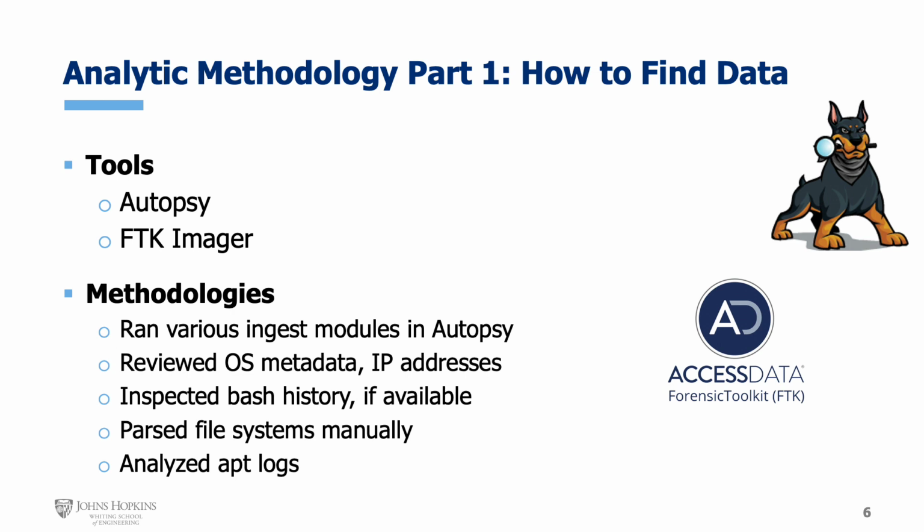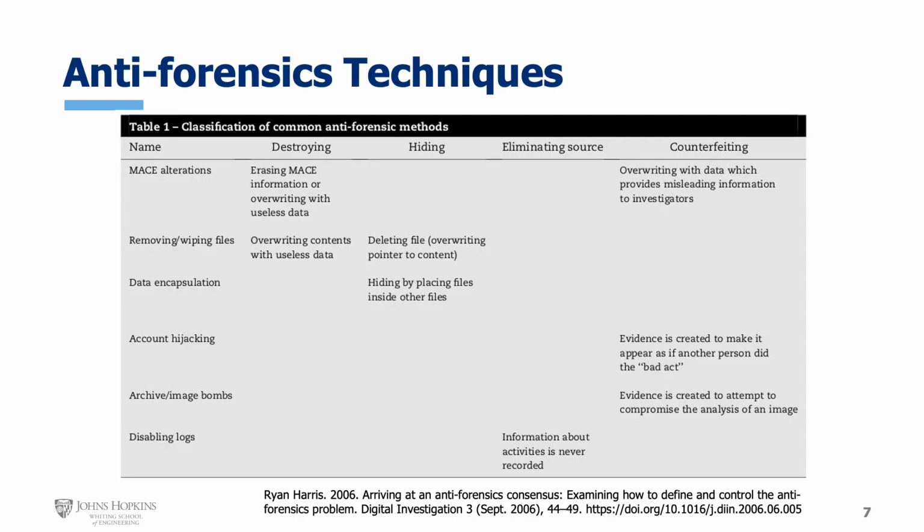These techniques are generally used for doing an initial review of a forensic image when there is no suspicion of hidden data. We use these techniques on all the images to determine what we could find without trying to find hidden data. We use Ryan Harris's 2006 Digital Anti-Forensics Taxonomy as a playbook to obfuscate our cloud instances. Grant and I each focused one cloud instance on each technique and then combined all techniques into a super instance.